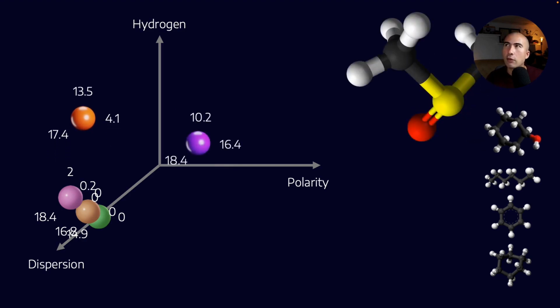Now what happens if we introduce sulfur? So this is a sulfur-containing molecule, which is similar in size, right? Now we've increased the polarity somewhat. So this is that purple dot. And so you can now see how different, let's say, contaminants within lubricants can affect the polarity as well as the hydrogen bonding. Now, the reason why I've used these molecules is because they have known Hansen solubility parameters, but